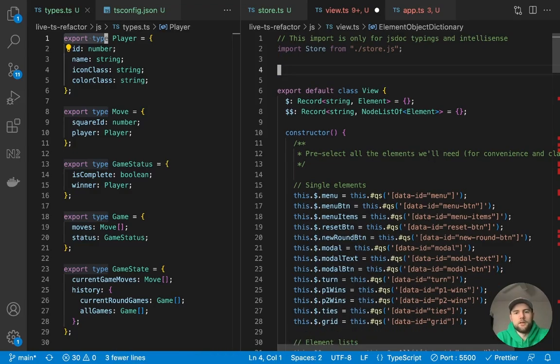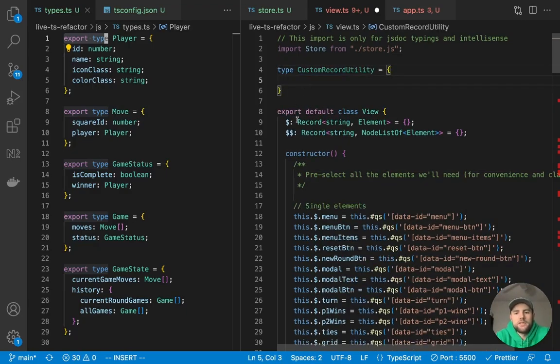Sorry, I'm going on a little bit of a tangent here, but this is just to give you an idea of the power of TypeScript. So we could say custom record utility. What we're trying to produce here is the built-in utility record, just recreating that from scratch. What we can do is pass in a generic, so a key and a value.